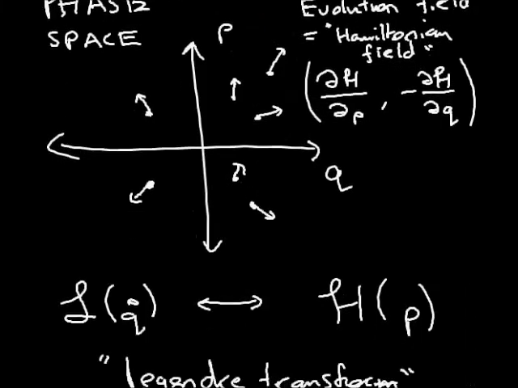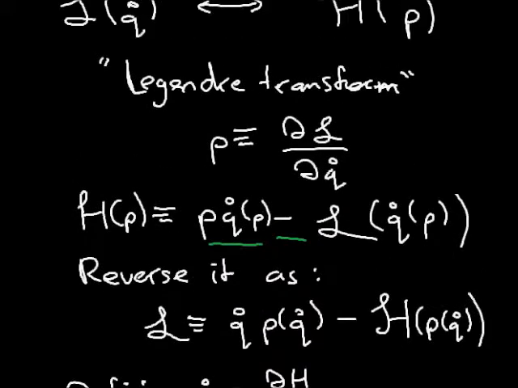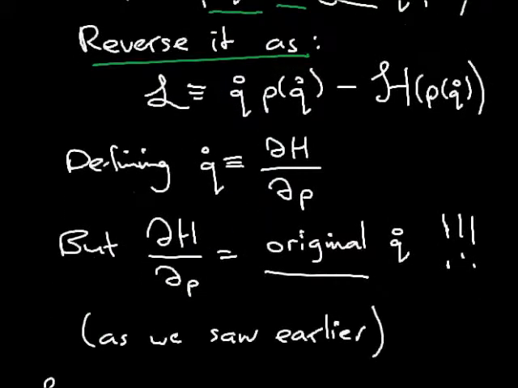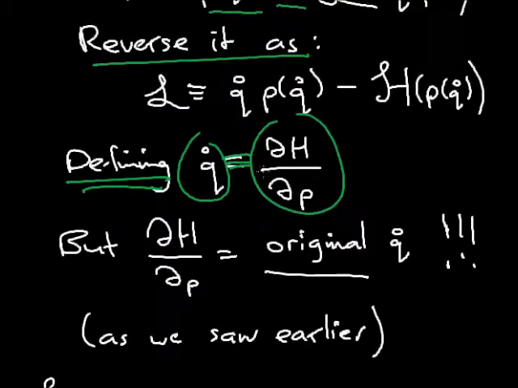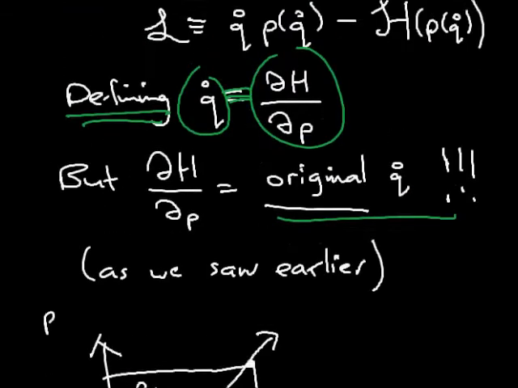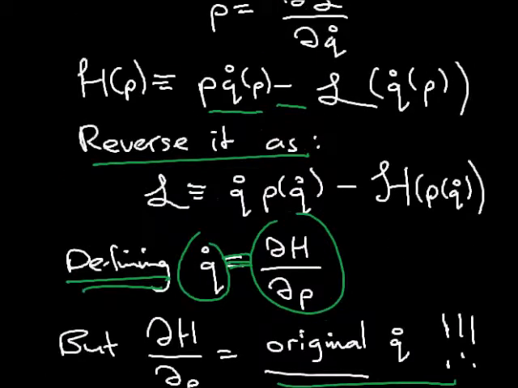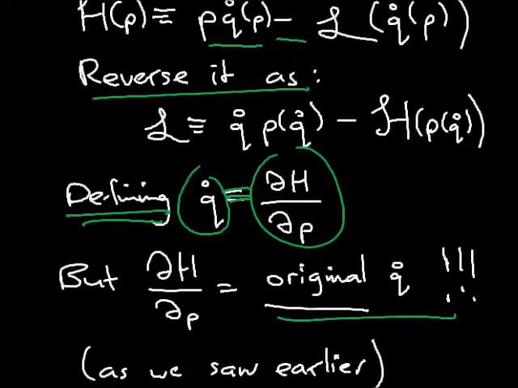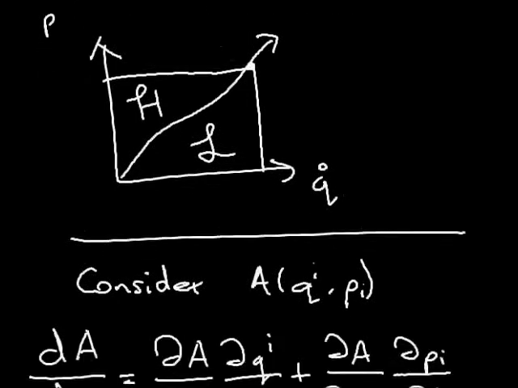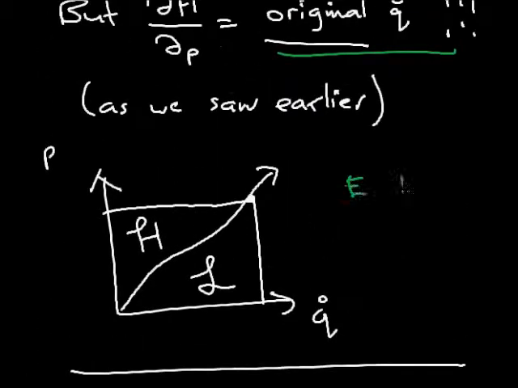We will meet the Legendre transformation again when we do statistical physics and thermodynamics. The transformation is special because we can reverse it by repeating it. For example, if we take this Hamiltonian and define a new variable, ∂H/∂p, what is ∂H/∂p? By construction, that's the same as our old variable, q dot. So the transformation tells us that to change p's back to our original variable, we have p q dot in terms of q dot minus this same quantity plus our original Lagrangian in terms of q dot. So this beautiful duality connects quantities such as energy and enthalpy and Helmholtz and Gibbs free energy, but that's another